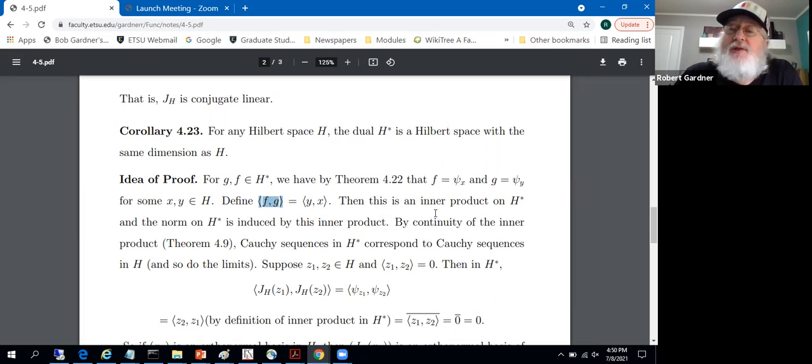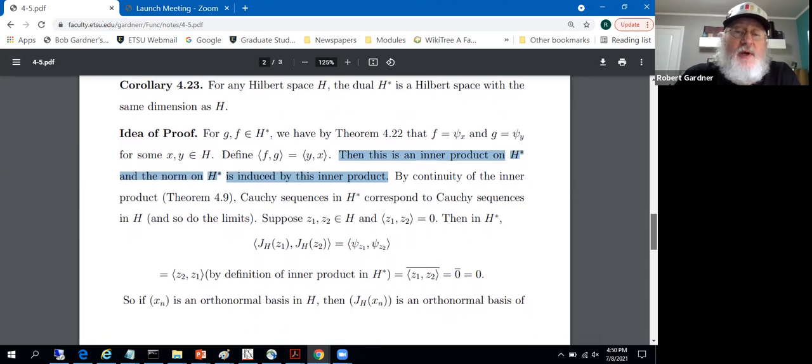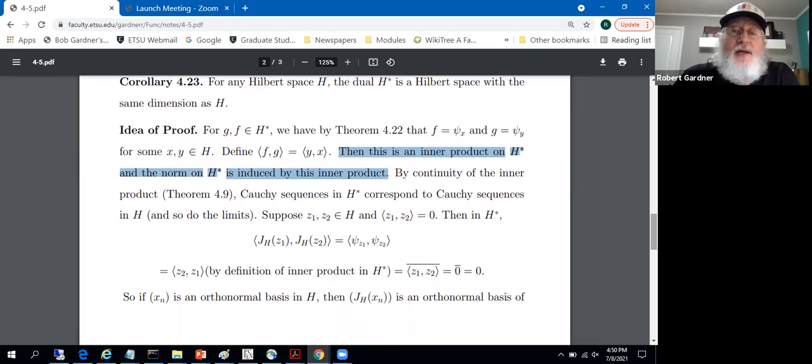Then H is an inner product on H star, and the norm on H star is the one induced by this inner product. So this is the idea of the proof. There's something that could use the details checked. But with that taken as true, continuity of the inner product, we saw, I guess, in Theorem 4.9, says